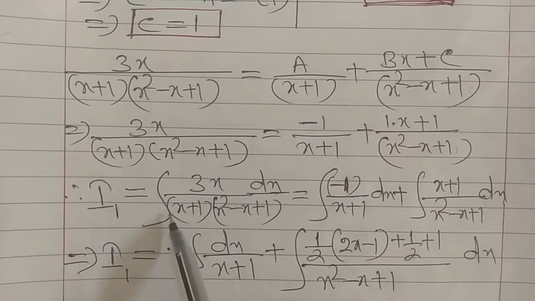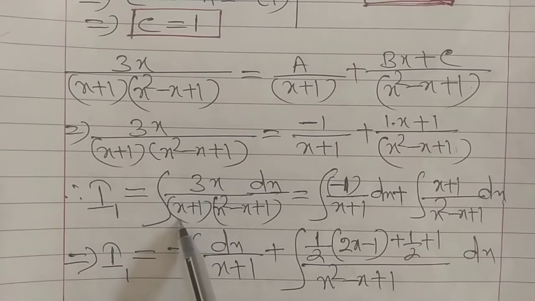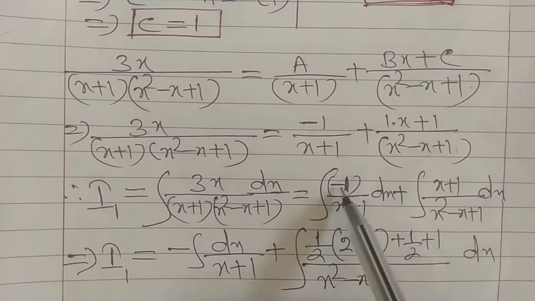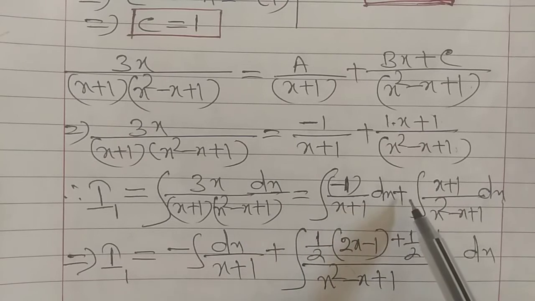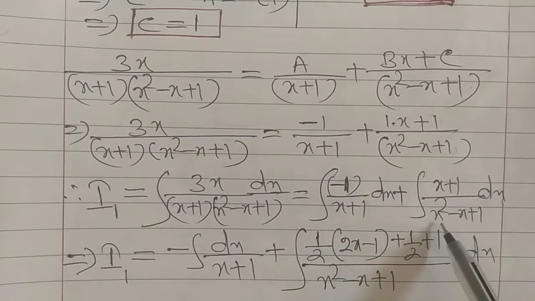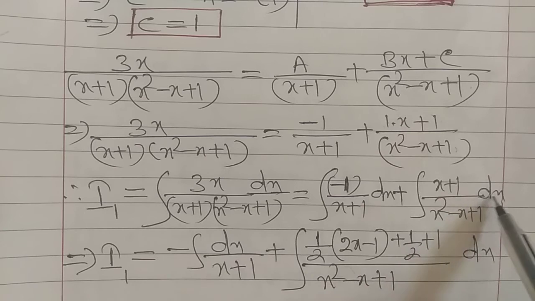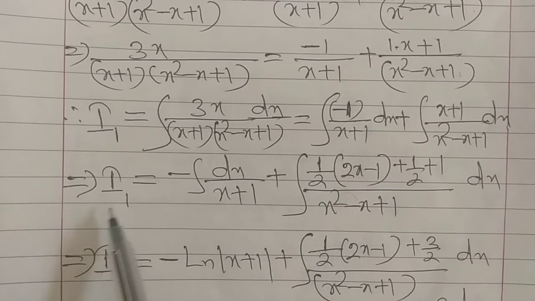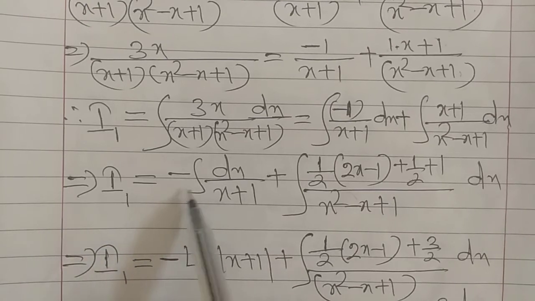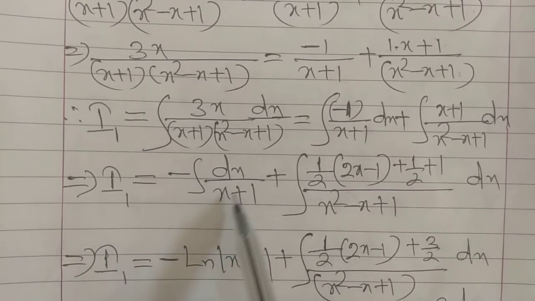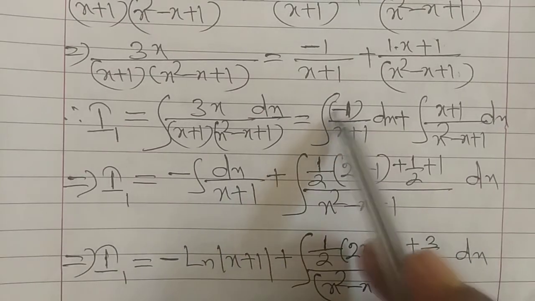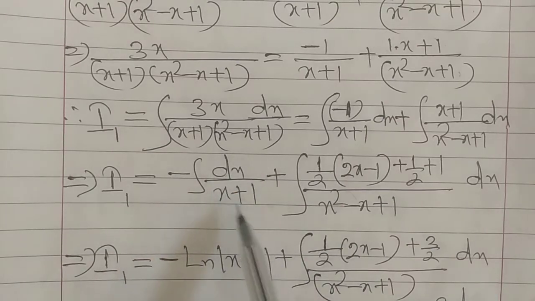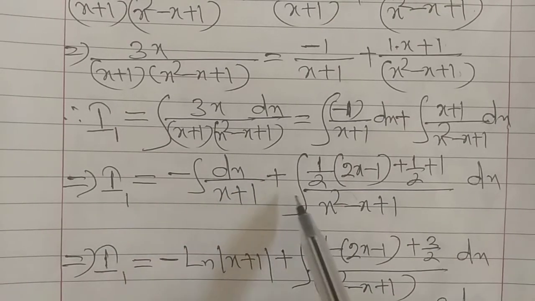So I1 is equal to integration of 3x dx by x plus 1 into x square minus x plus 1, that is equal to integration of minus 1 by x plus 1 into dx plus integration of x plus 1 by x square minus x plus 1 into dx. Here 1 into x plus 1, that is x plus 1. So this implies I1 is equal to minus integration of dx by x plus 1, that is integration of minus 1 by x plus 1 into dx, that is minus of integration of dx by x plus 1,